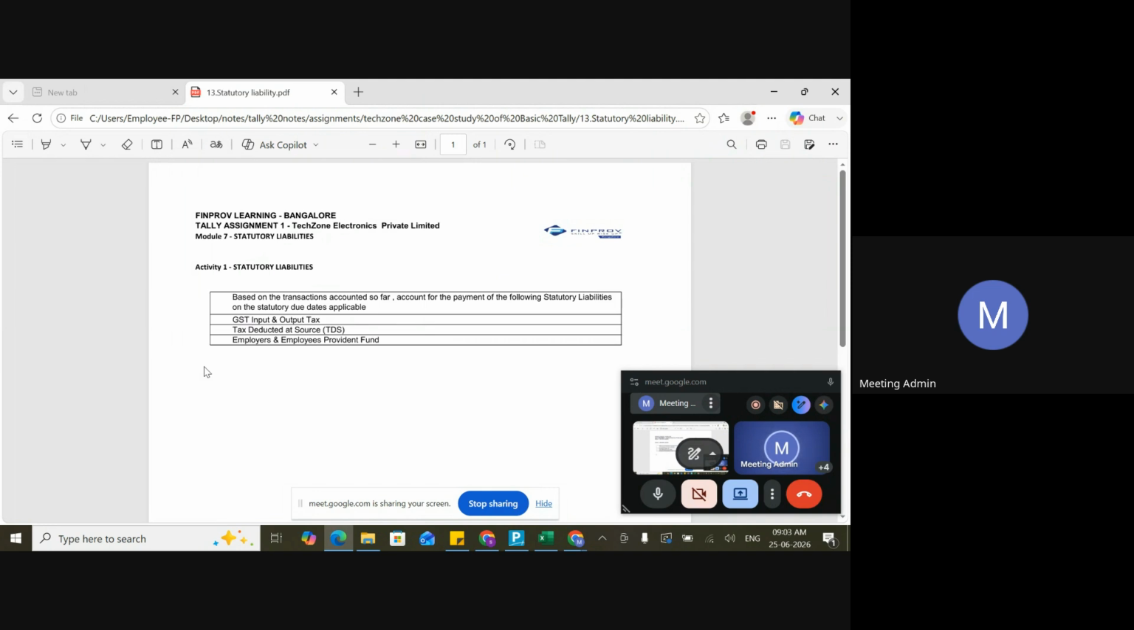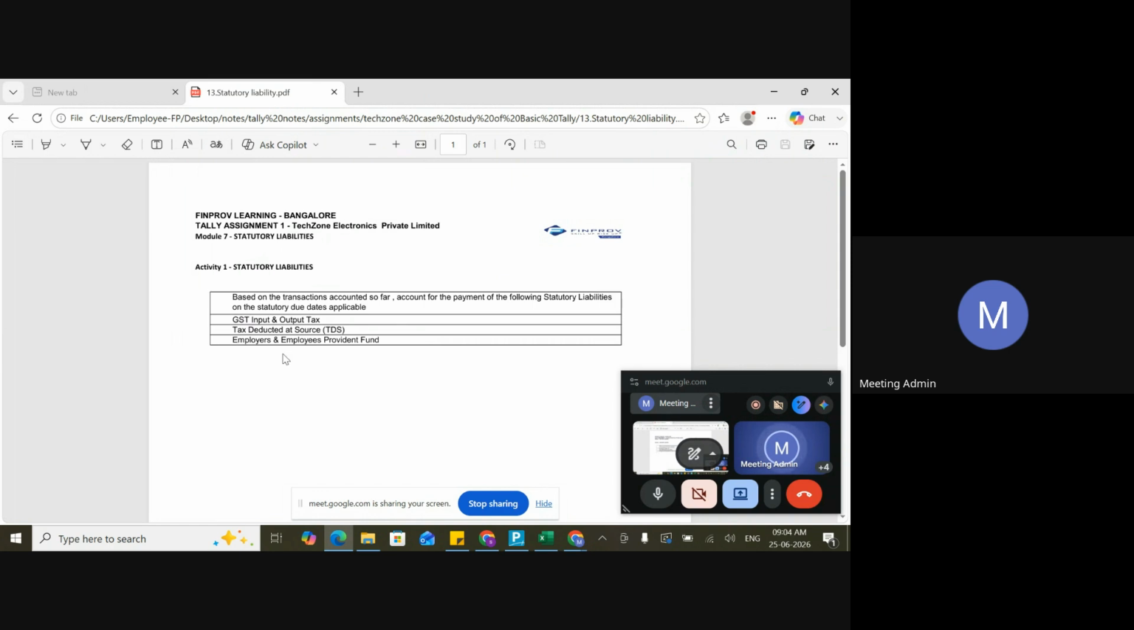Okay. Clear, guys? What is statutory liability? Venkatesh, Abdul, Hisham, Sohan. Okay. So statutory liability means the tax, the liability which we are going to pay to the government. Okay. Here, in our case, we have three. Based on transactions, for the payment of the following statutory liabilities on statutory due dates: